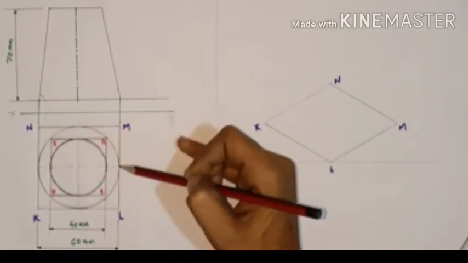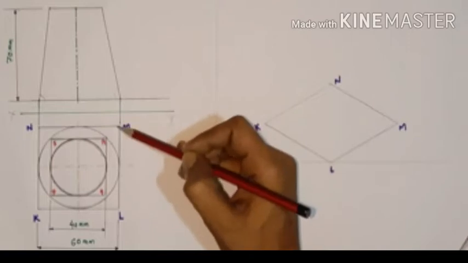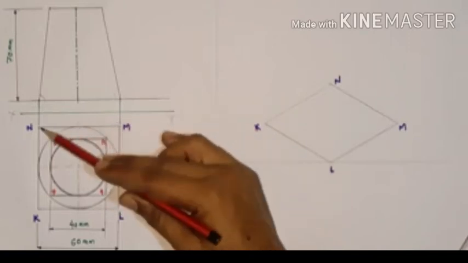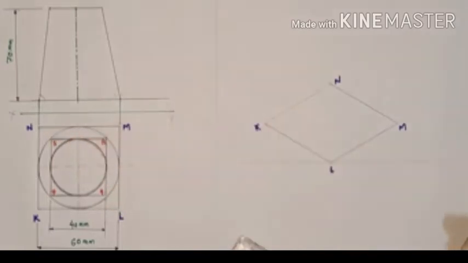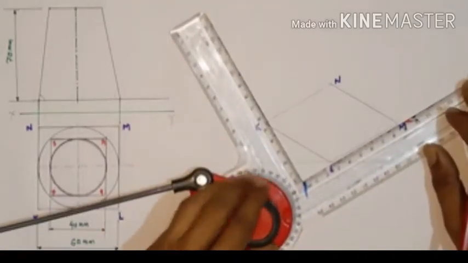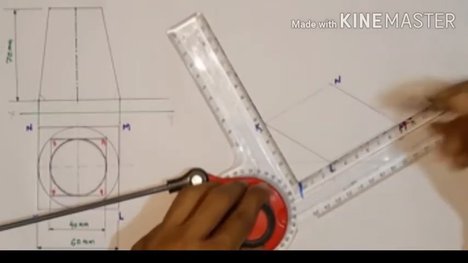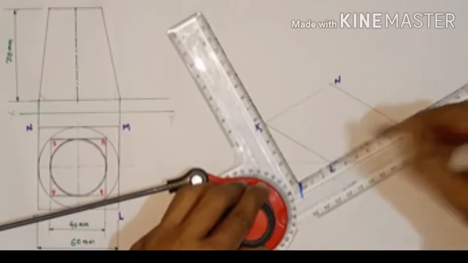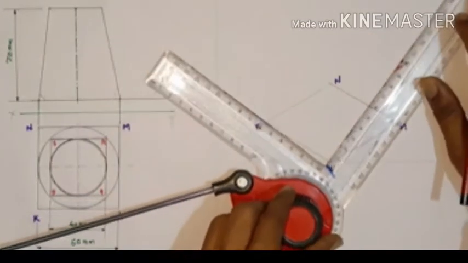So the midpoint for this square section is also the midpoint for this circle. Here we just pick a 60 mm, 30 mm center point, like this, and again for here